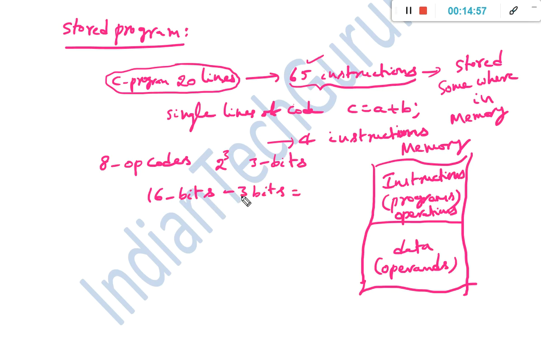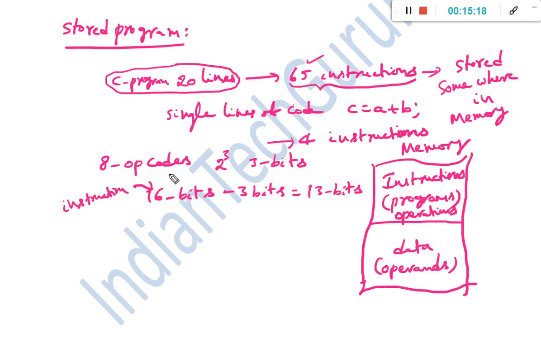So how many bits are left? 13 bits are left.